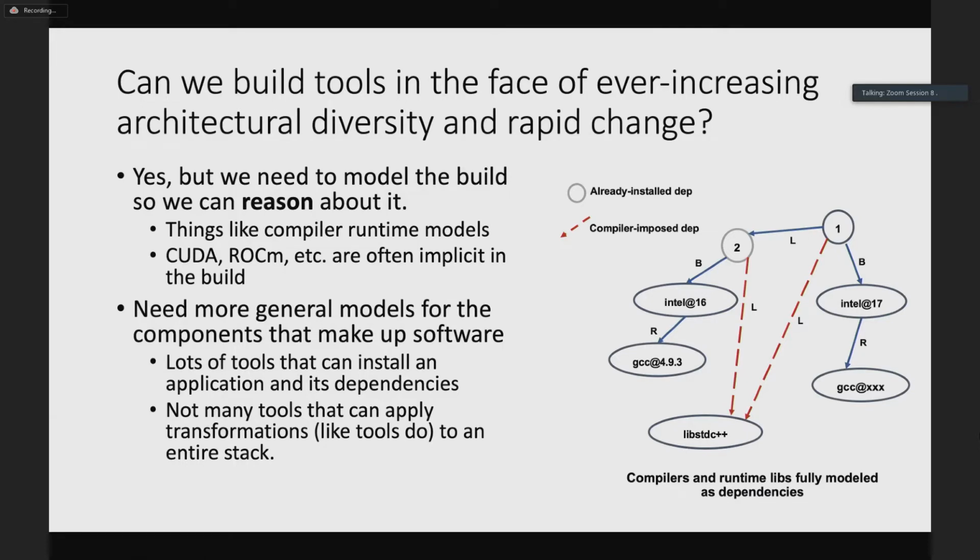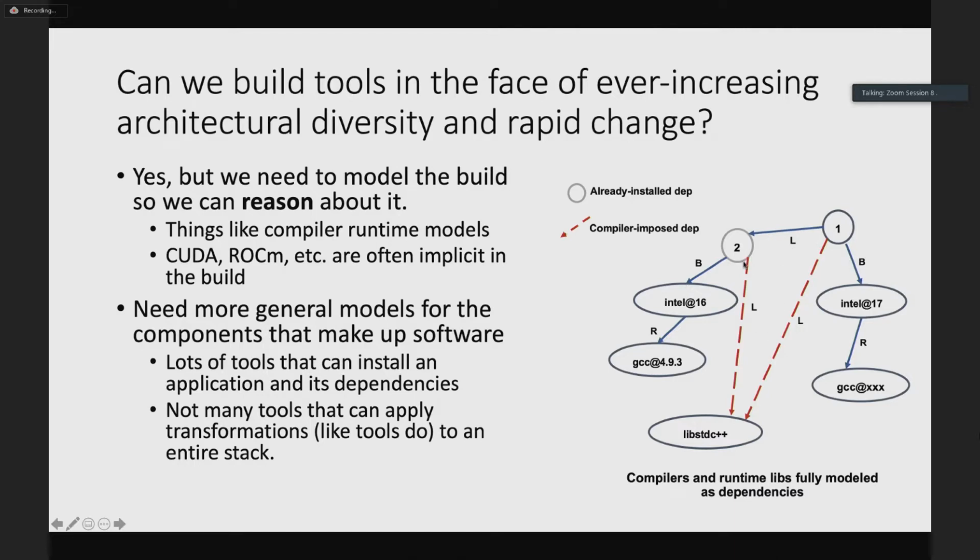And if you think about what a package manager does, the core thing that it does is try to make sure that a graph of dependencies is consistent. And that's exactly what you need to get tools building correctly with our codes. If you know, for example, that a code is built with a particular standard C++ runtime library, and you're trying to link in a C++ tool with it, well, you're going to need to know that the runtime libraries are compatible. And so you should be able to actually model that in the graph.